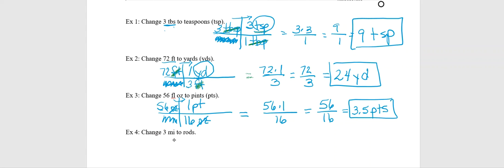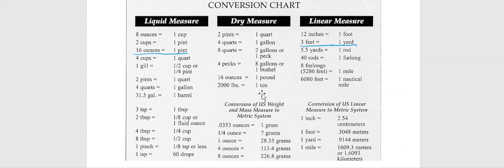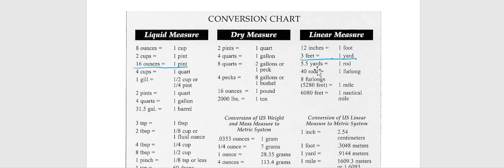Okay, last one on this side, 3 miles and to rods. So miles to rods. Here's rods to furlongs. Here's 8 furlongs is a mile, but I want miles and rods. Now what I'm noticing is I don't have a straight miles to rods. Now that doesn't mean I can't do it, I just may have to use more than one number. So let's do,